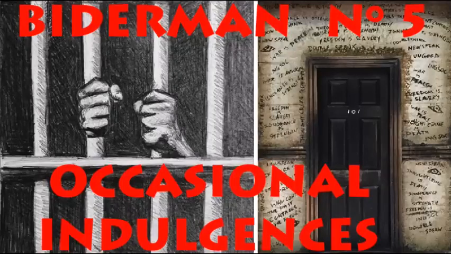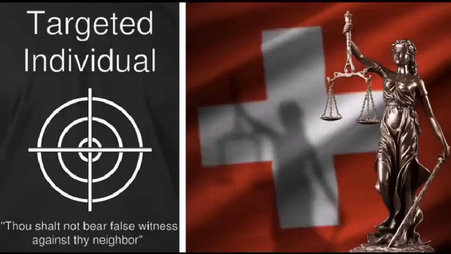If you talk to a priest, you might get indulgence and lose the penalties. So here it says Biedermann number 5, occasional indulgences. Well, what were they supposed to forgive me for anyway,